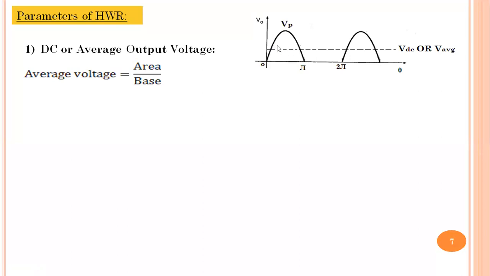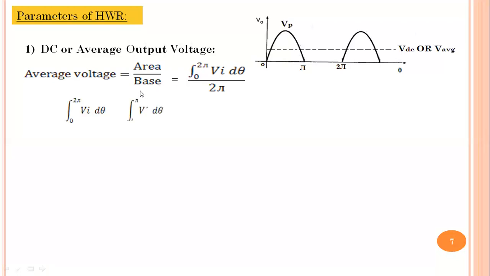To find the average, the method used is that we can find the area covered by this curve upon the base of one cycle, that is 0 to 2 pi, meaning 2 pi amount. Therefore, we can find the area by using a simple technique that you have learned in mathematics, the technique of integration. Integration of the voltage VI with respect to time t or angle theta, that is d theta, with the limits of the integral being 0 to 2 pi.